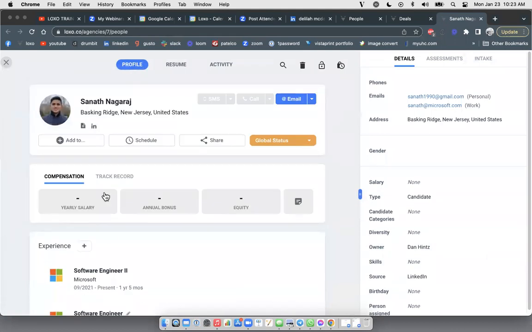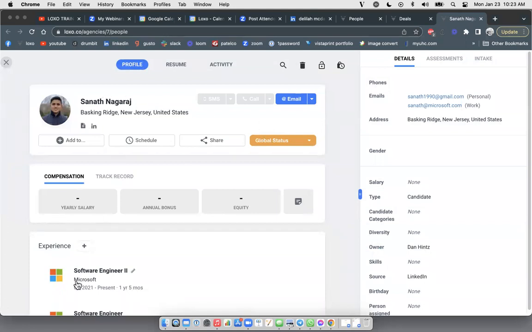At any rate, this is probably just a demo account thing where we're just pulling him in at random for that card. But the idea here is let's pretend he is the contact over at Pepsi, right? So we've got this profile page. Whenever you click on someone's name in Loxo, it opens up their profile page, which I'm sure you remember. And this is where you have all the tools at your fingertips to manage this contact